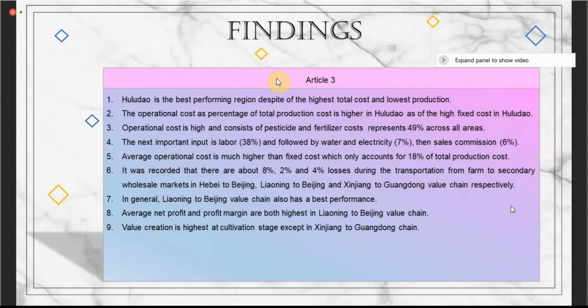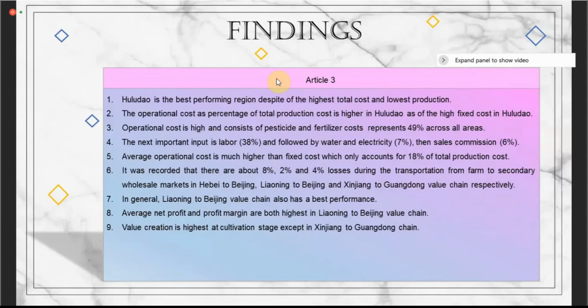The next important input is labor, 38%, followed by water and electricity, 7%, then sales commission, 6%. Average operational cost is much higher than fixed costs, which only account for 8% of total